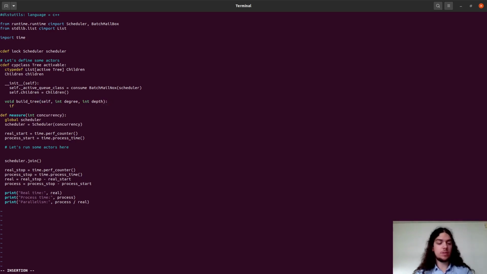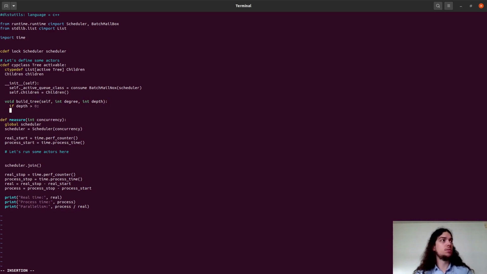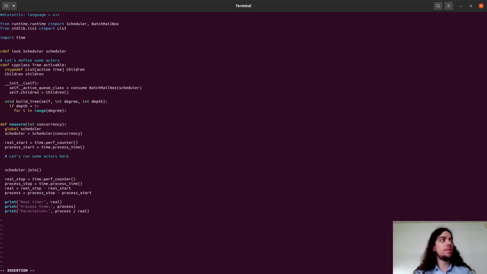So if the depth is 0, there is nothing to do. And if it isn't, let's build the subtree. So let's build all the children. Each child is itself an active instance, so we need to activate an instance of the tree class. We need a consume keyword here to